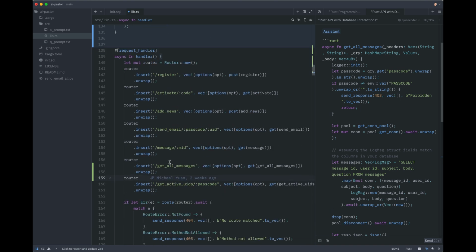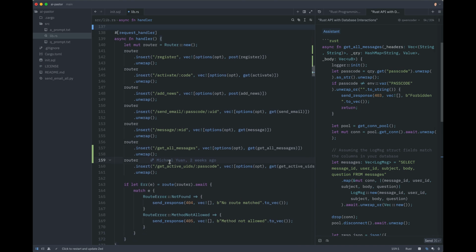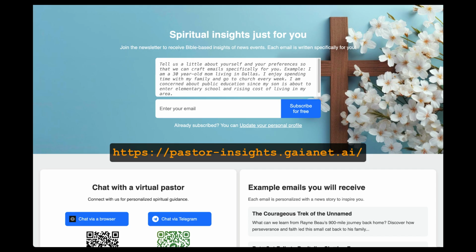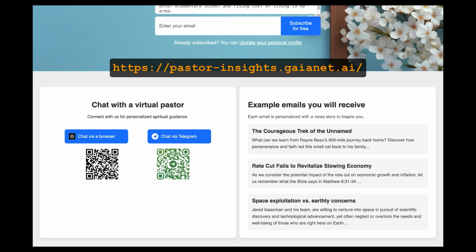Our self-hosted small language model together with its Rust language knowledge base did all the work. Now, you might wonder, what is this application all about? Well, it is a personalized newsletter for Christians. Each subscriber gets a different email every day based on his or her profile and preferences. The messages table stores each email message so that the subscriber can choose to share his or her email on the web. You can try it on